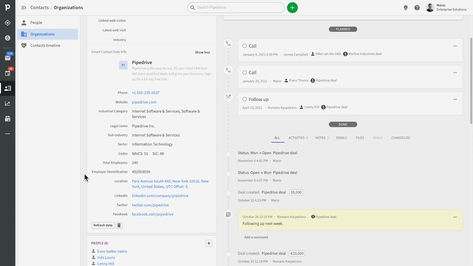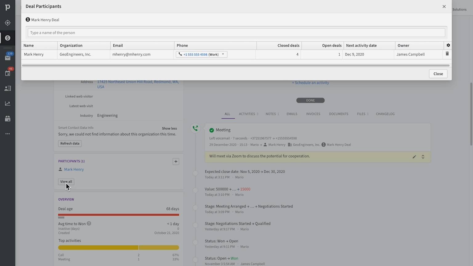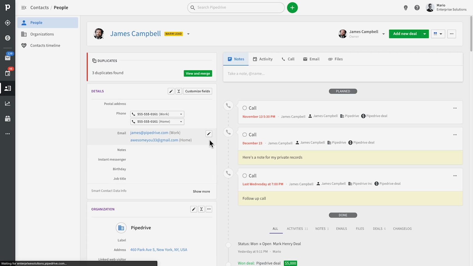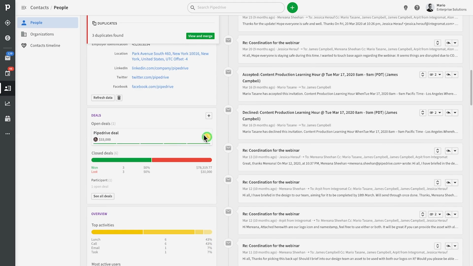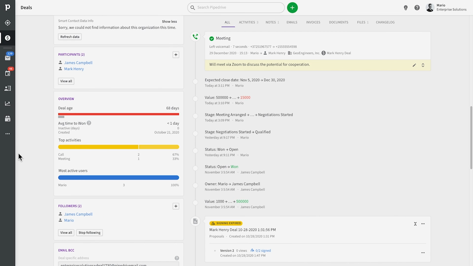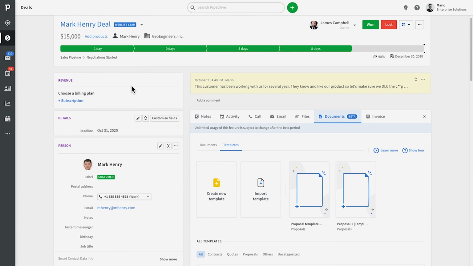Now further down we have Participants, where you can add additional contacts to the same deal. When you do this, you'll see that if you go to the participant's deal history of its own detail view, the associated deal they're participating in is included. Then going back over here, you'll find some details like how old the deal is or which user has been working the hardest on it. And then we've got recurring revenue, if you're on the right plan for it.